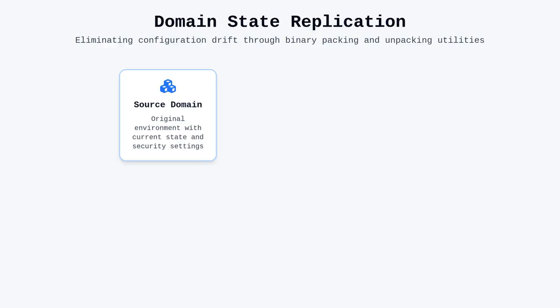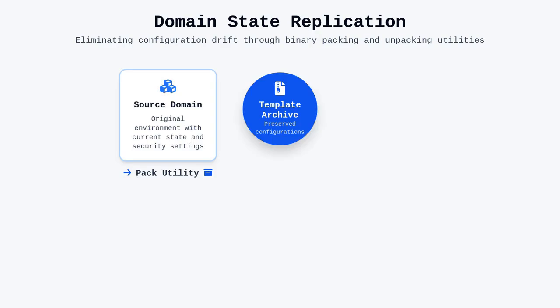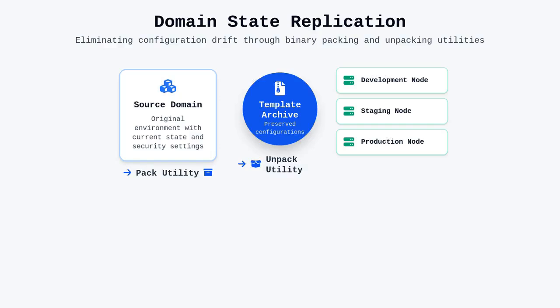By utilizing the pack utility, you can compress a domain into a template archive that preserves all the specific settings, including security configurations and resource definitions. You can then use the unpack utility on a remote node to reconstruct the domain accurately, maintaining consistency across distributed